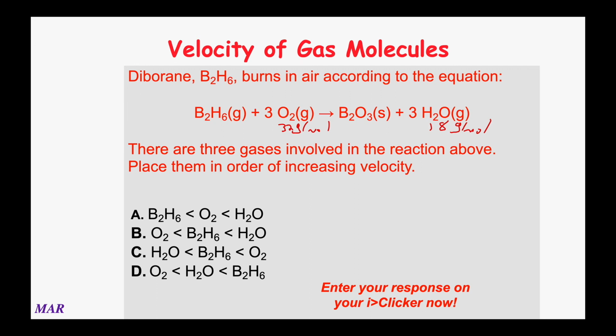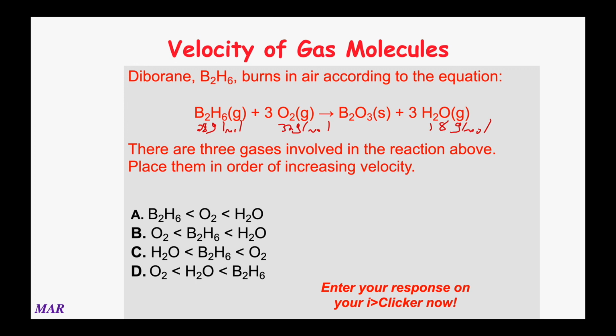Boron, I believe, is about 11. Yes, 10.811. I'm going to use 11 because it's easier to add. Secrets of Chemist 101. So boron, assuming it's 11, 11 times 2 is 22, plus 6, about 28 grams per mole. You can do better with better sig figs, but we just need to see the differences in the molar masses to appreciate the speeds. So you can see that water is the lightest molar mass, oxygen is the heaviest, and since we want slowest to fastest gases, we want highest molar mass to lowest molar mass.